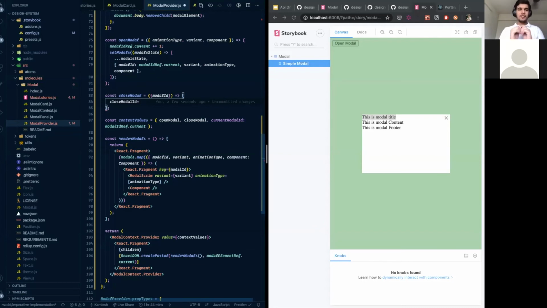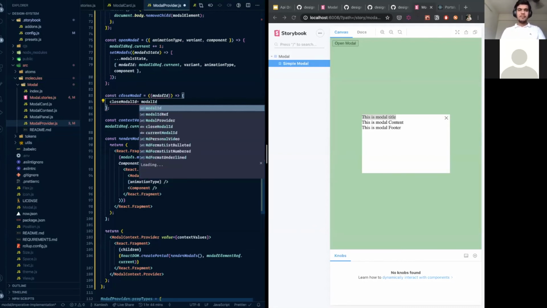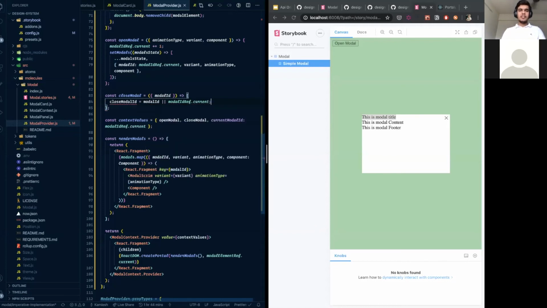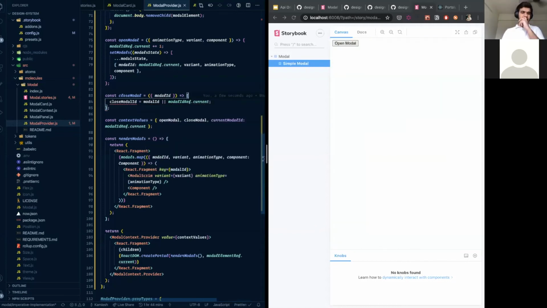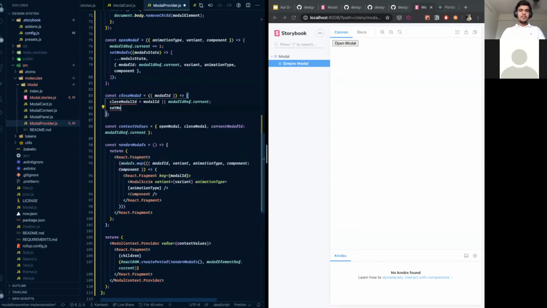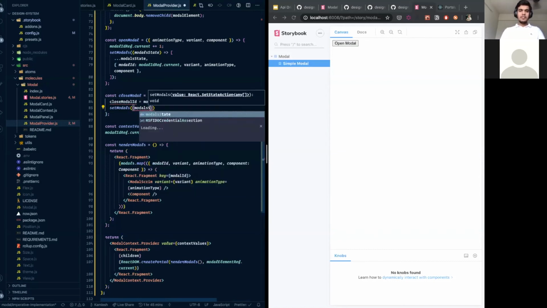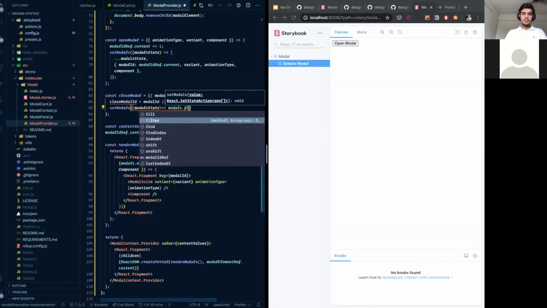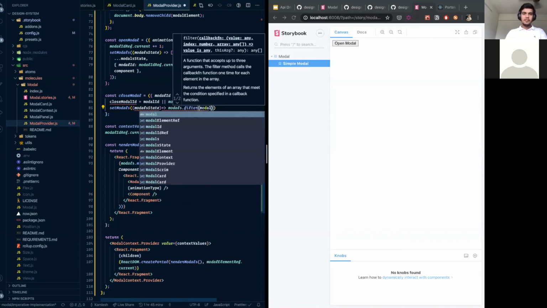So what we'll do is we'll first add a check. It's like if modal ID or modal ID ref dot current, right? So this basically says, okay, I want to remove this. Now I'll again call set modals. I'll say modals state, and I'll say modals dot filter modal.